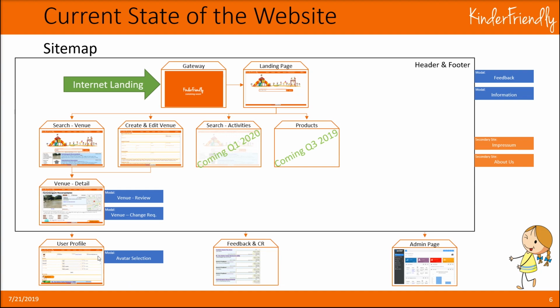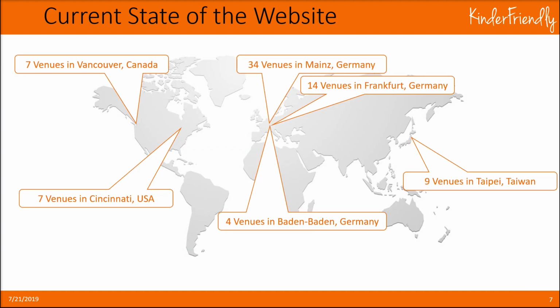And finally, the user profile. You can also access this from anywhere in the page. Here you can pick an avatar, you can input how many kids and such you have, and create your user tag. So currently the status of the website, and by that I don't mean the development phase, that will come in a moment,